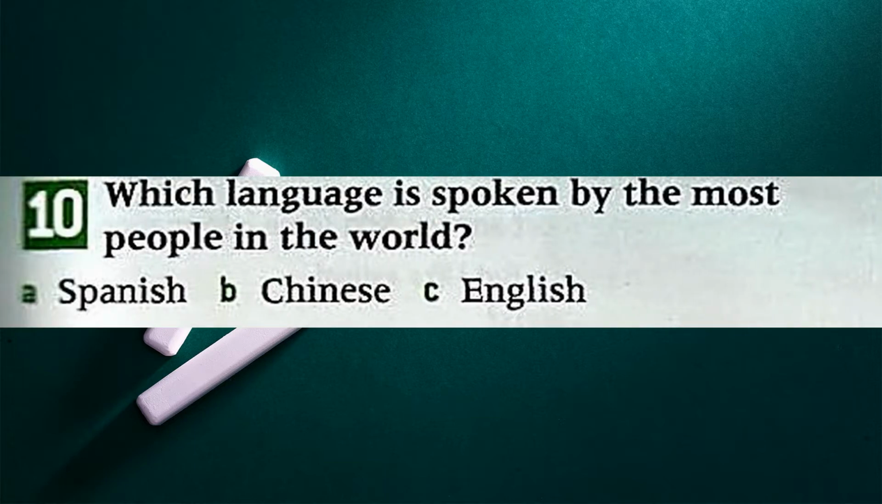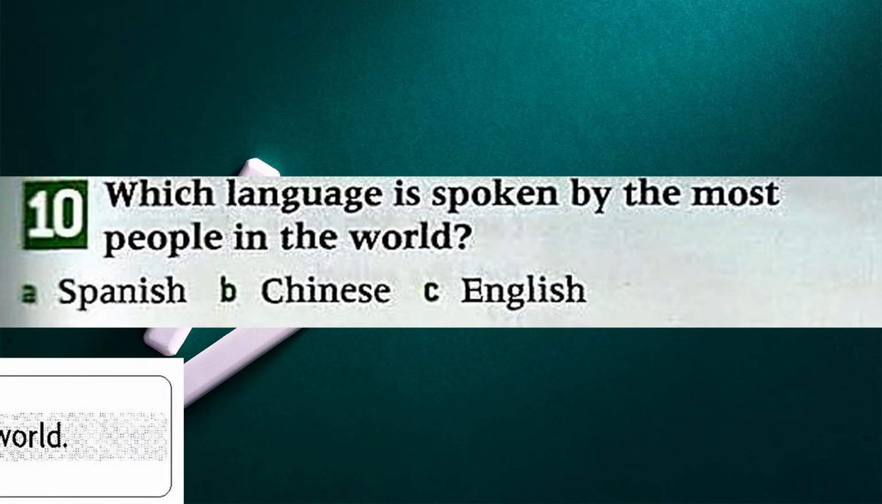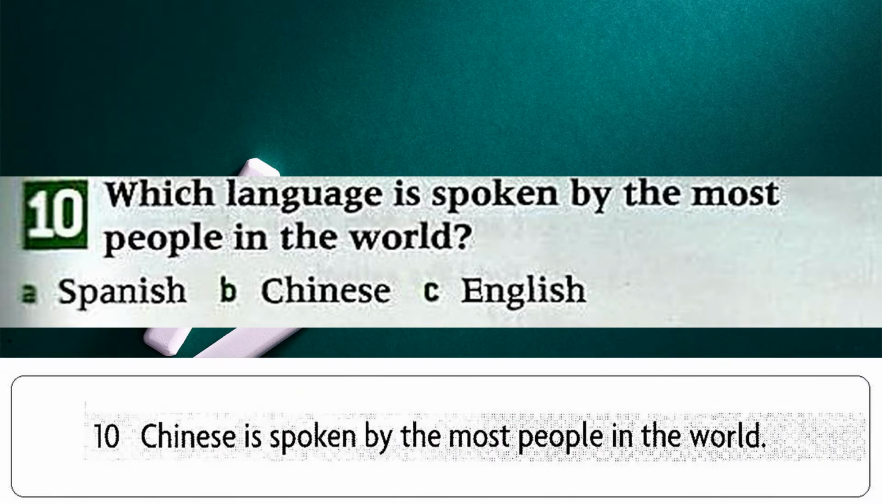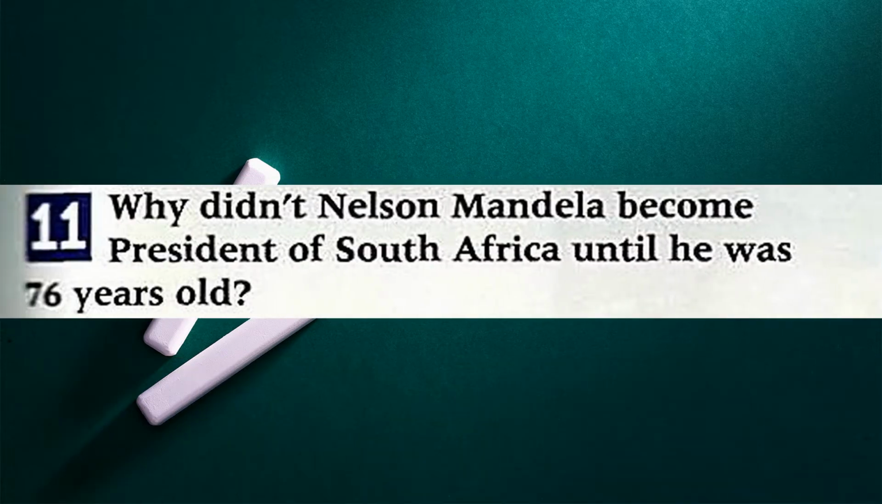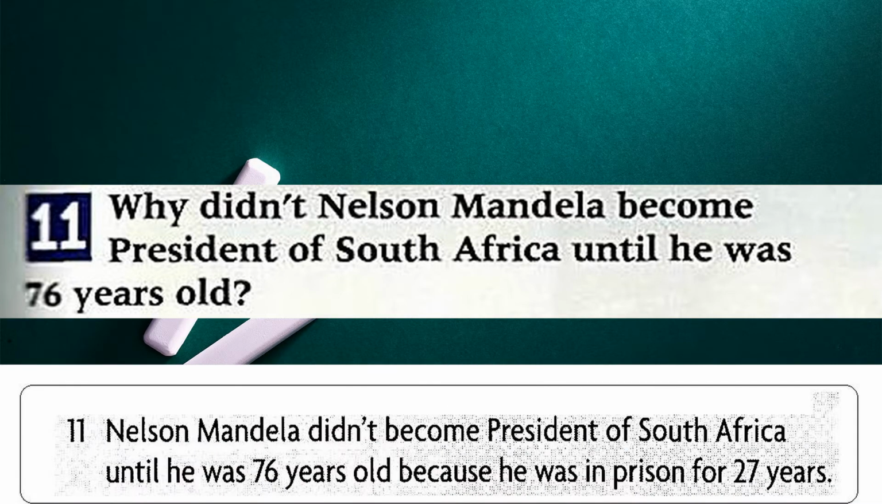Number 10. Which language is spoken by most people in the world? Spanish, Chinese, English? 10. Chinese is spoken by the most people in the world. Number 11. Why didn't Nelson Mandela become president of South Africa until he was 76 years old? 11. Nelson Mandela didn't become President of South Africa until he was 76 years old because he was in prison for